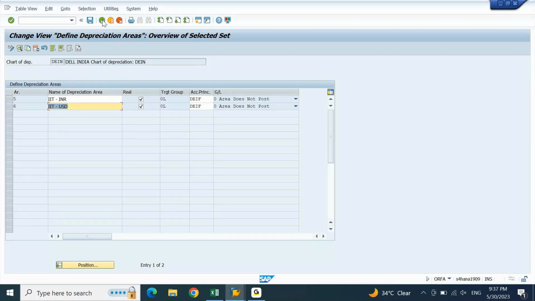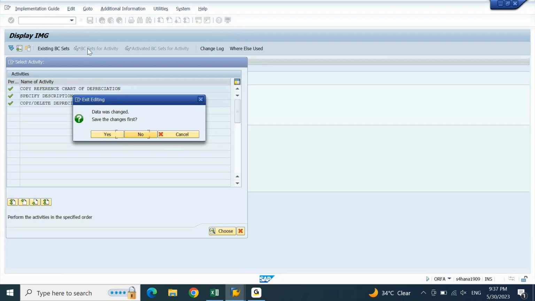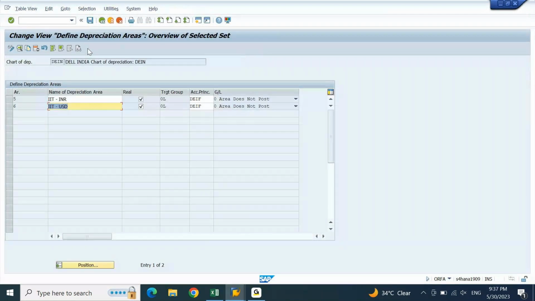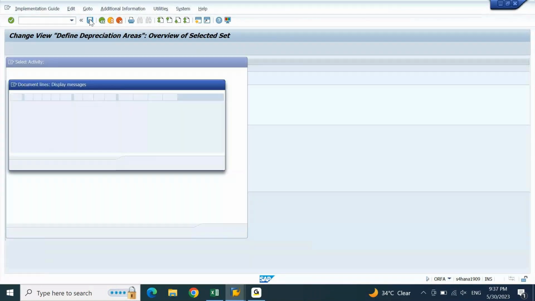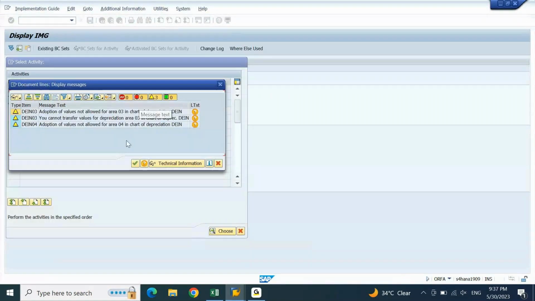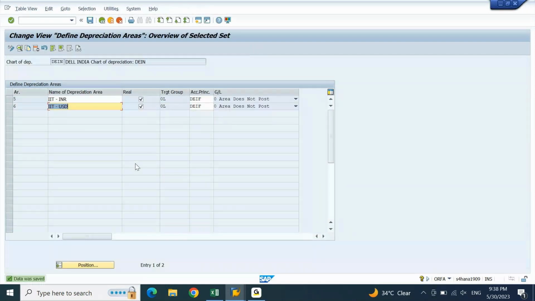Now this is where, in this kind of situations, you are going to refer the standard chart of depreciation. Now we are a little confused what to do, how to define this kind of requirements. Agree? Now exactly to meet these kind of requirements, SAP delivers predefined chart of depreciations. Now what I am going to do, I am going to cancel this, save them as it is with these settings. If you have ledgers, it is not going to stop you, it will allow you to proceed. Save, go back.